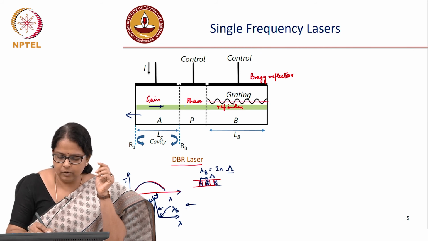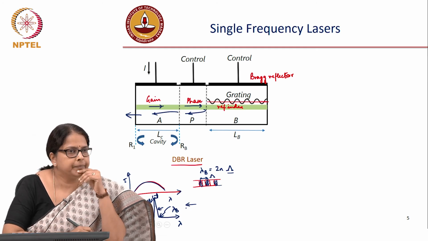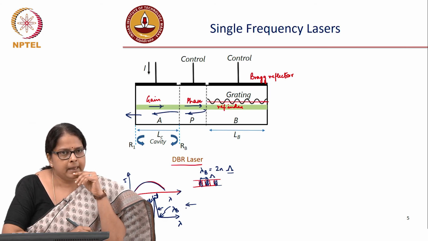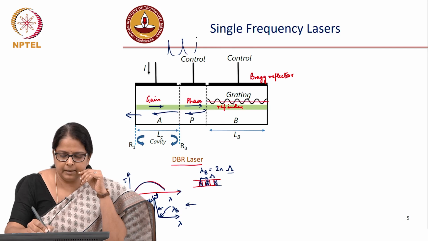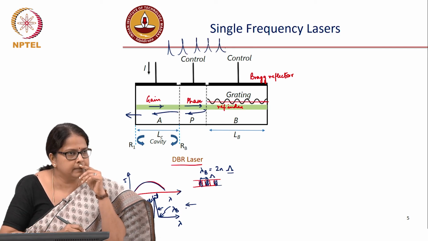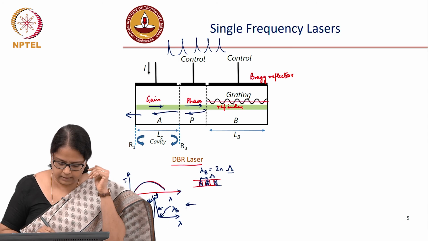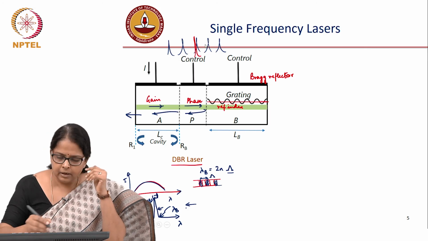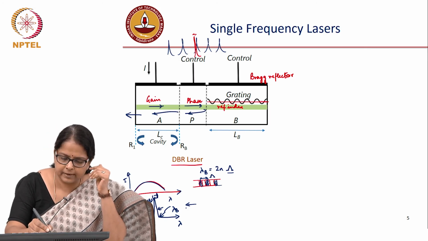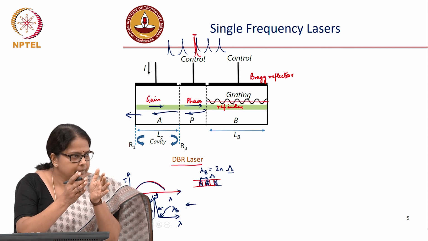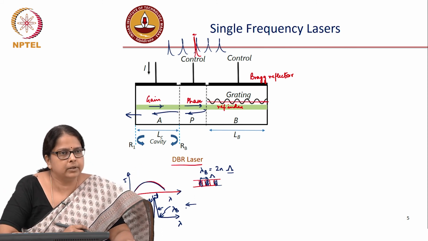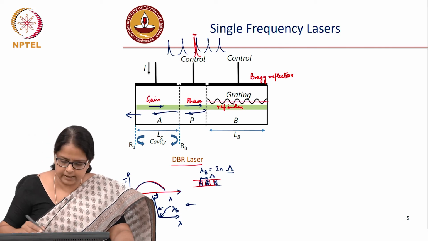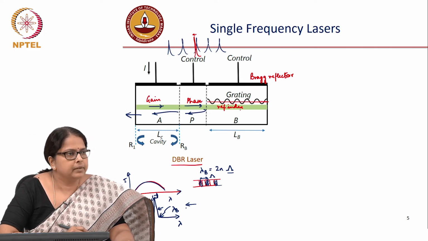So, you have light going in, experiencing a phase, getting reflected, going back and coming out, which helps to control the line width. This is one way. Out of all these multiple longitudinal modes supported in the system, this lambda b could be something like this. So, you can control the phase, move your FSR to fit inside your lambda b, and then you can get that specific color out. The benefit is that line width can now be controlled by the grating.